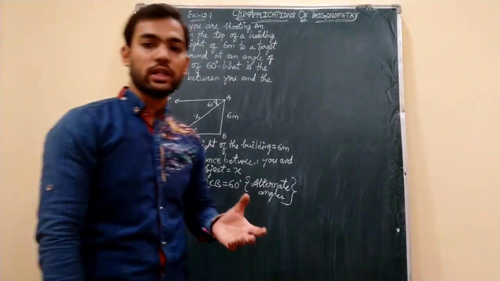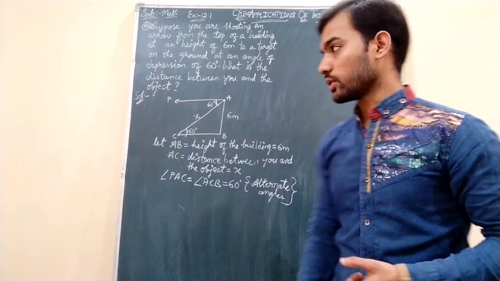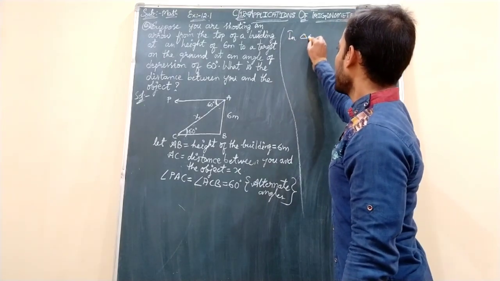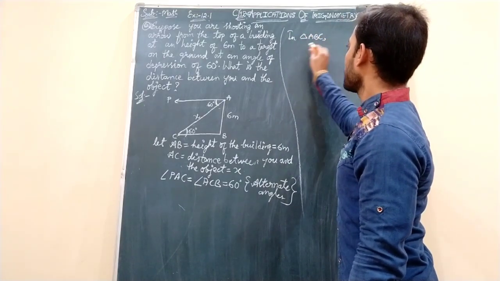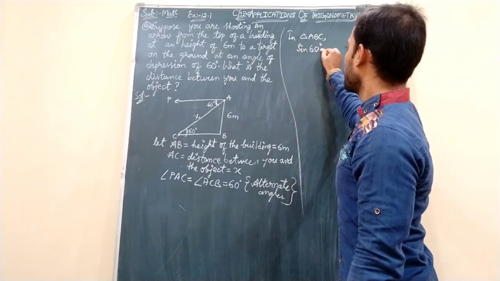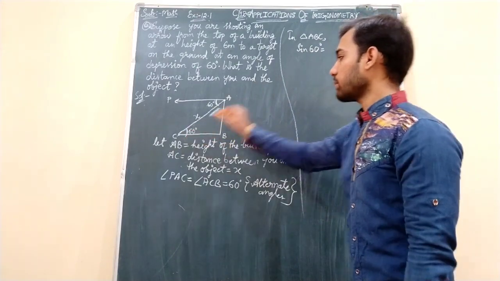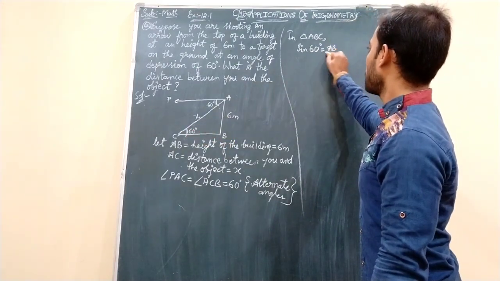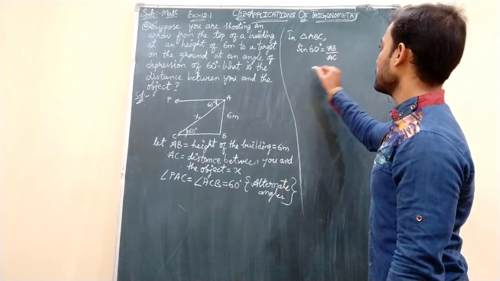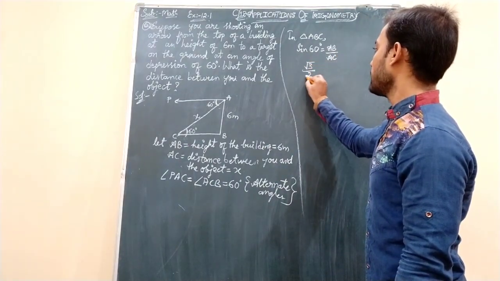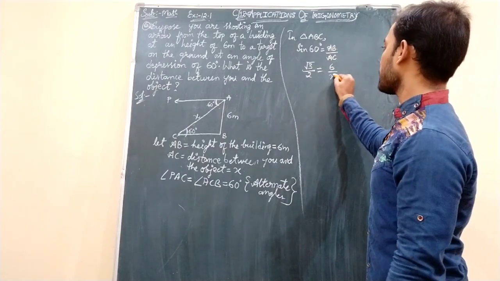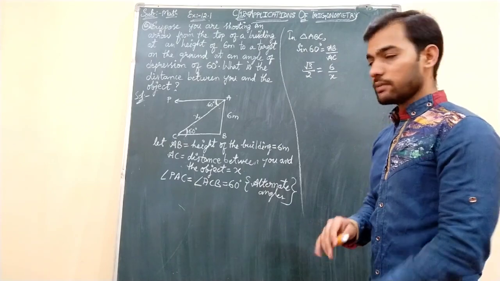So opposite and hypotenuse are involved in sine ratio. So taking sine ratio for this triangle, in triangle ABC, sine 60 degree equals opposite by hypotenuse, AB by AC. Okay, students? So sine 60 value, when you see the table, you will get it as root 3 divided by 2. AB is 6 and AC is X. Okay, students? Cross multiplying now.